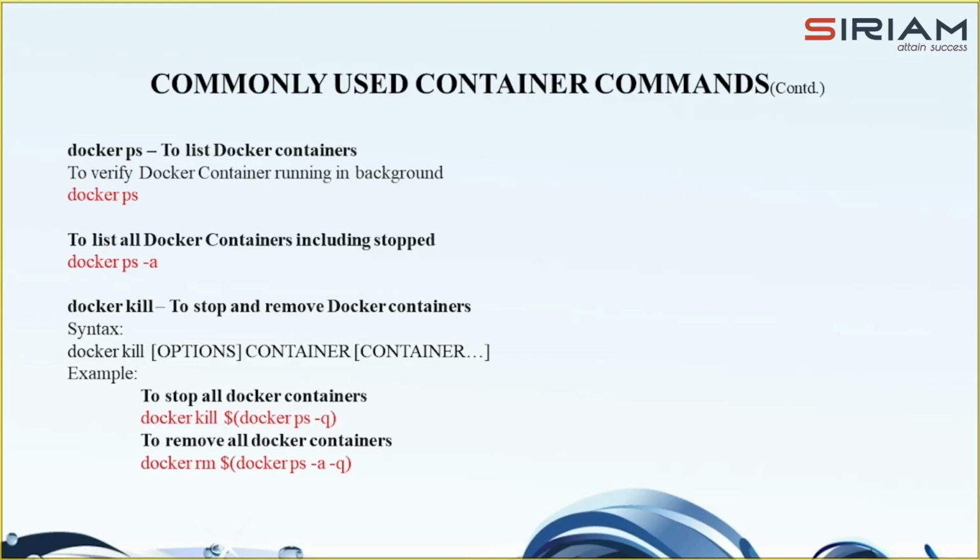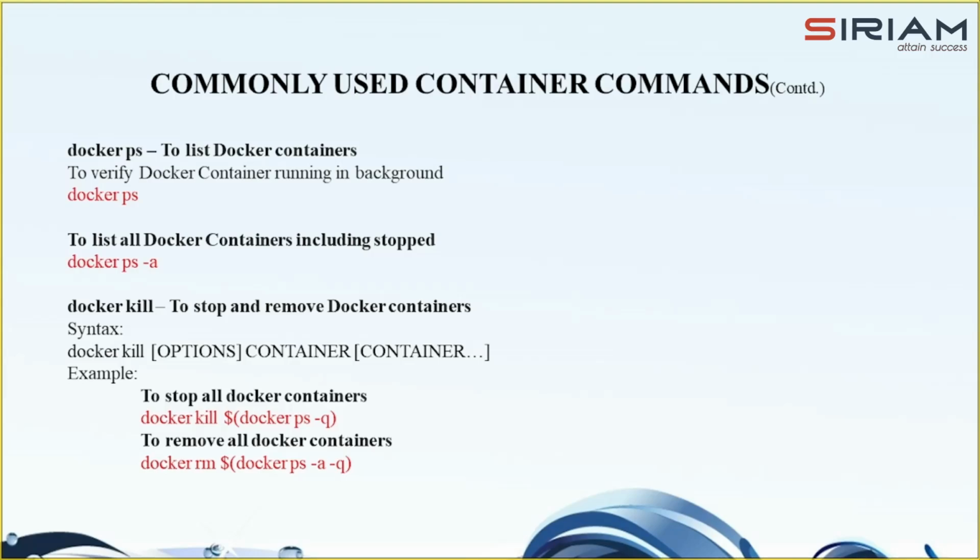If we talk about docker ps -a, it lists all the Docker containers, including those that are stopped. Adding the -a flag to docker ps extends its functionality to show all the Docker containers, including those that are already stopped. This command is useful for inspecting the status of all the containers regardless of whether they are currently running or not.